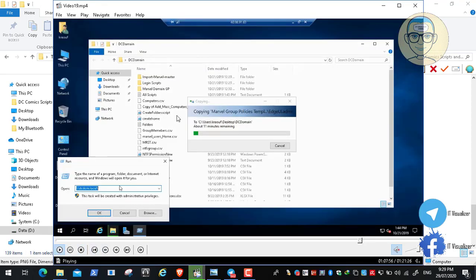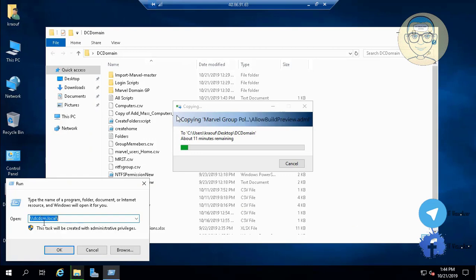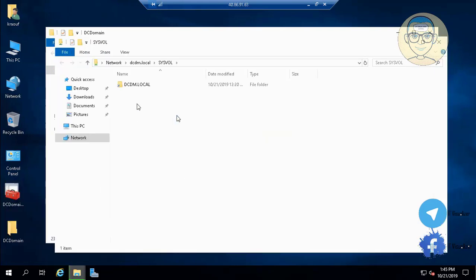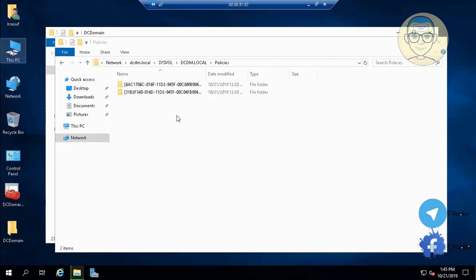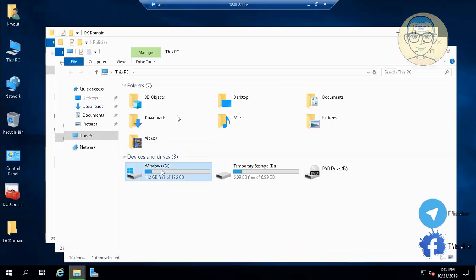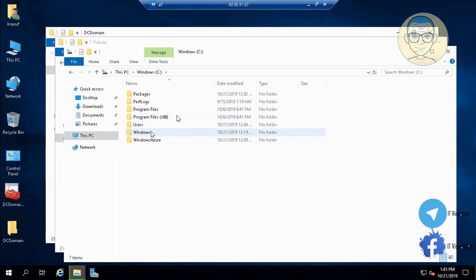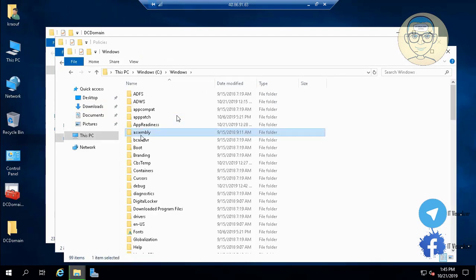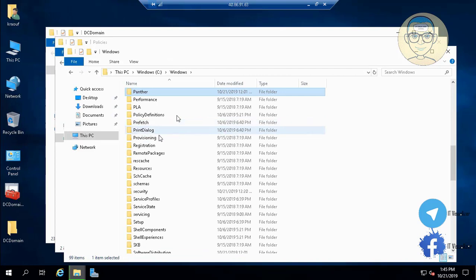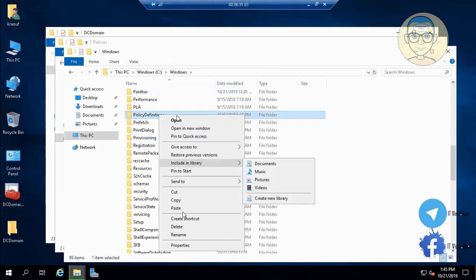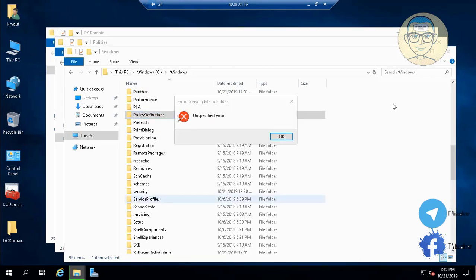Here, where we are doing this, we will create a new group policy central store, and then we will take the group policy templates that we have for Windows and Chrome and so on, and put them in this location. So here we are copying C:\Windows, and then the PolicyDefinitions folder, and we'll copy it and put it under the sysvol,